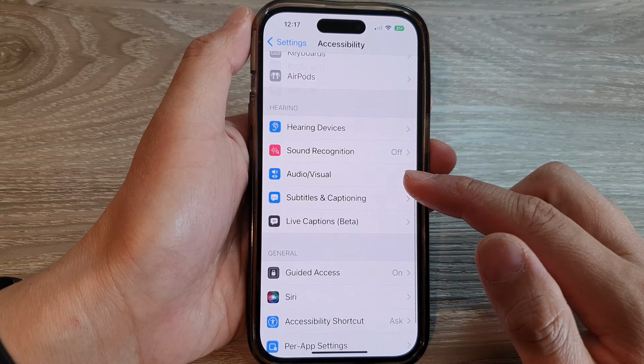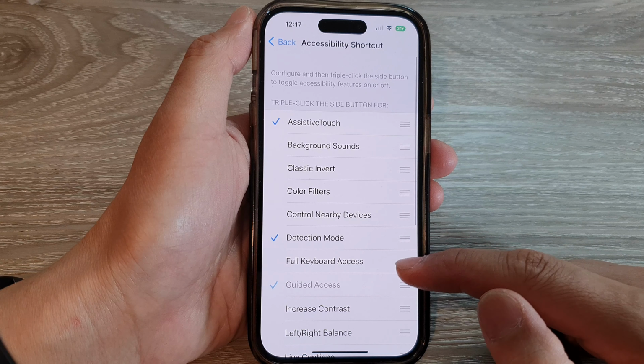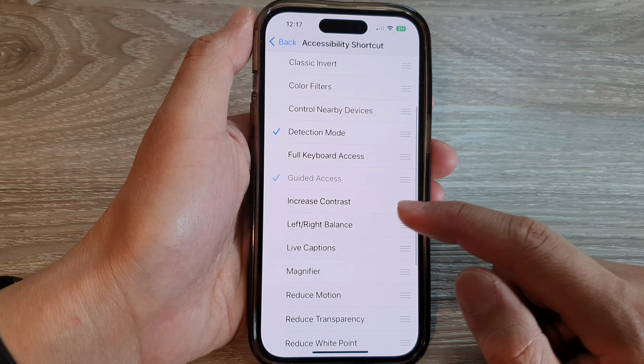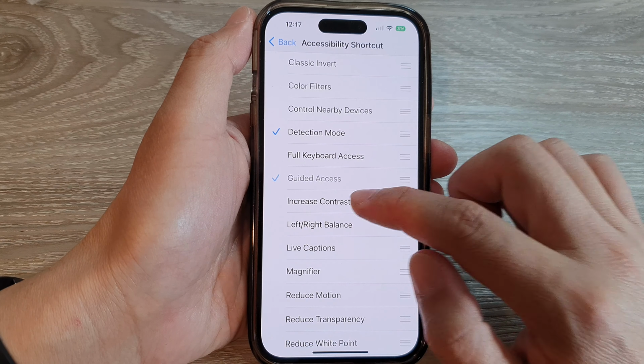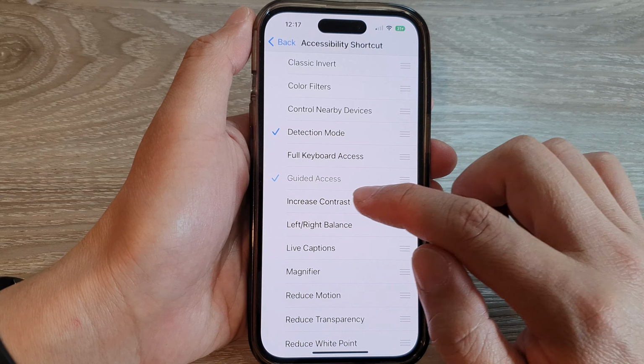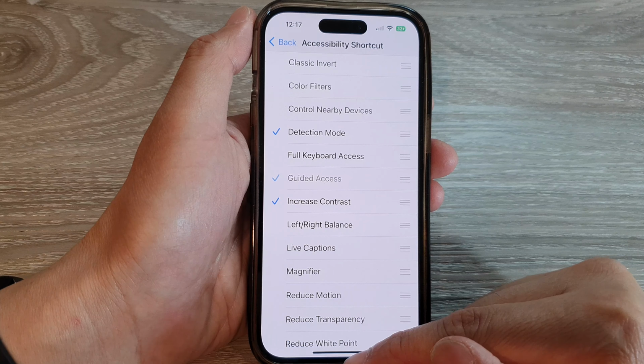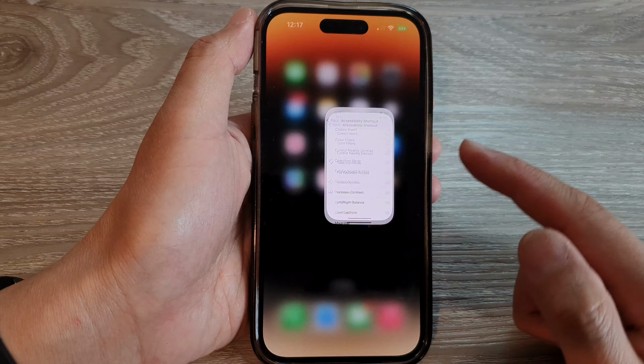Next, scroll down and tap on Accessibility Shortcut. In here, tap on Increase Contrast to add it to the menu, or tap on it to deselect and remove it from the menu. Now if I add it, you can see that if I swipe up and go back